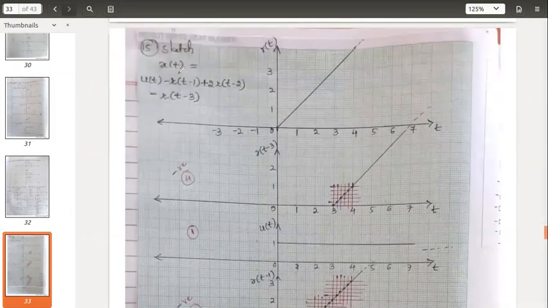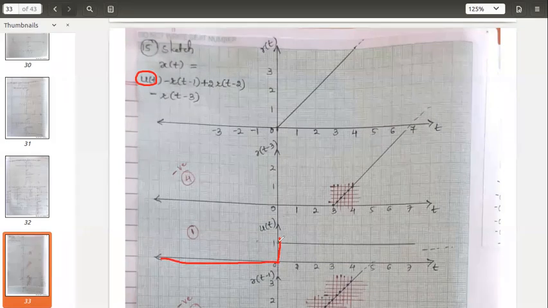Then I have drawn u of t. Simple step signal. At 0, there is a transition from 0 to 1, and it